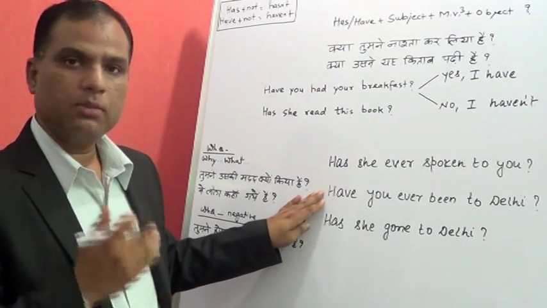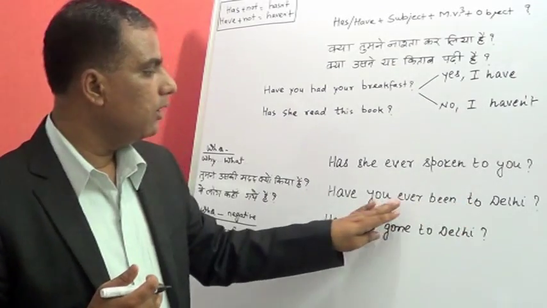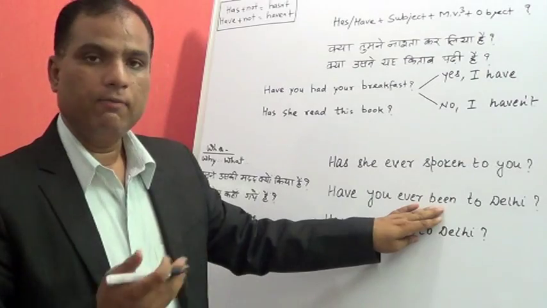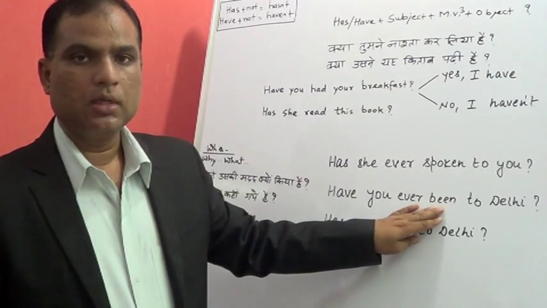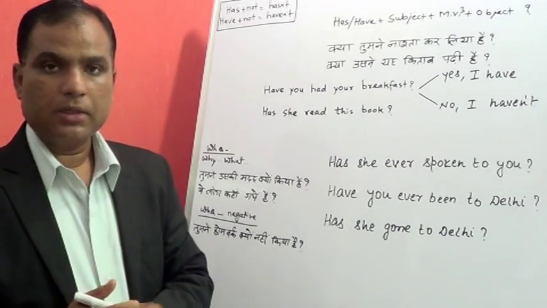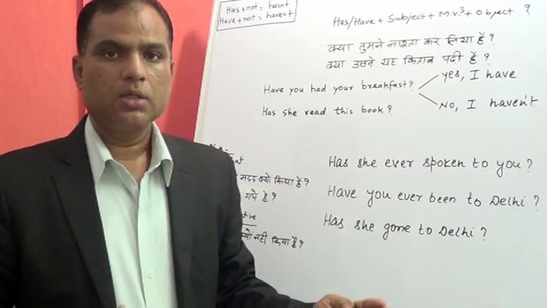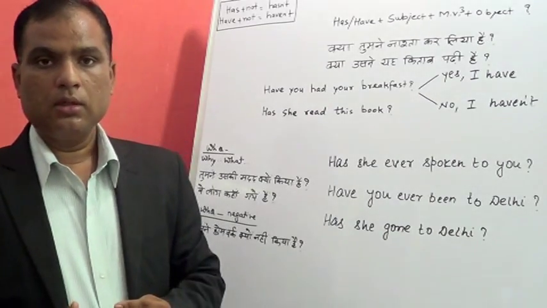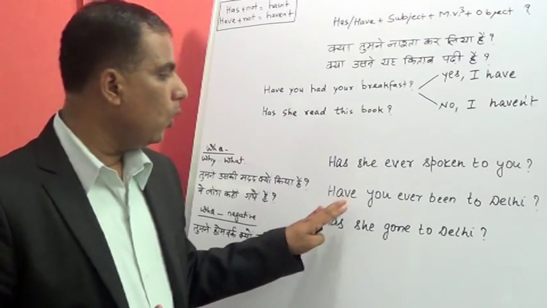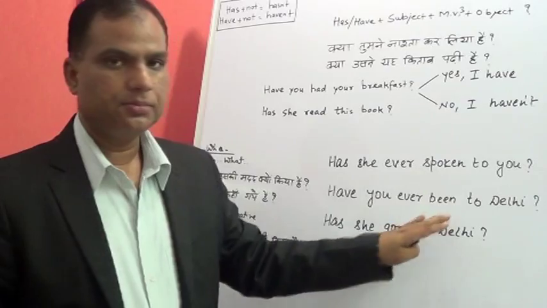Whenever we have to talk about I or you for any visit, we will always use either been or visited. So we have to be very careful about any visits, because in our life we visit many places. So if there is a question about the names of these places, we always frame the question like this.